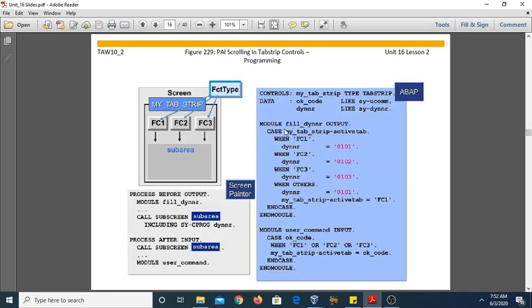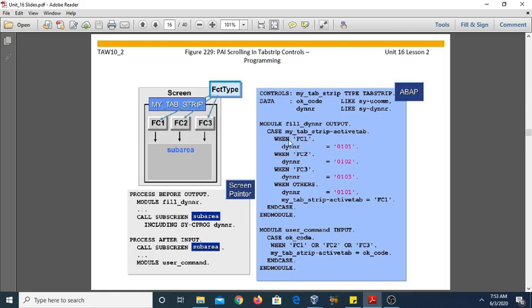Come to the next topic, PAI scrolling in the tab strip control programming. How can we do that? As you can see, we have defined the function codes FC1, FC2 and FC3, so they act like push buttons. Again we can use CASE WHEN, and in the case we have defined my tabstrip active tab, which is the active tab by default.